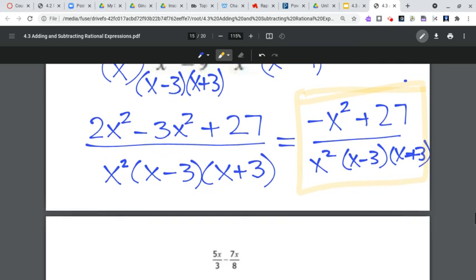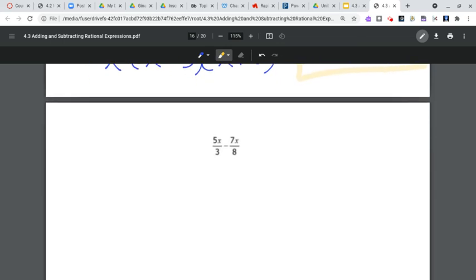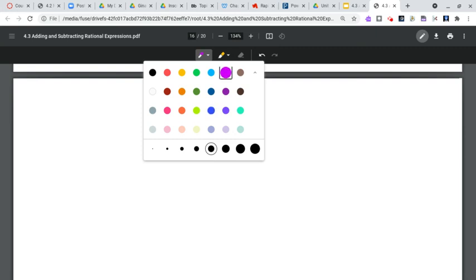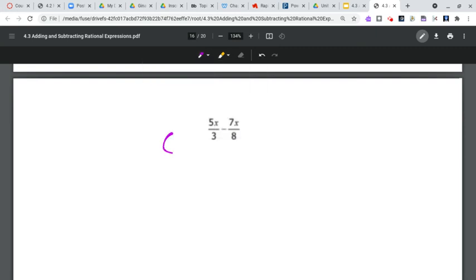Okay. Keep going. Ooh, this is a nice one. I just have 3 and 8 in the denominator. 3 and 8. What do I know? 3 and 8 both go into the LCD. I know they both go into 24. So in order to get 24, I'm going to multiply the left-hand denominator and numerator by 8. I'm going to multiply the right hand by 3,